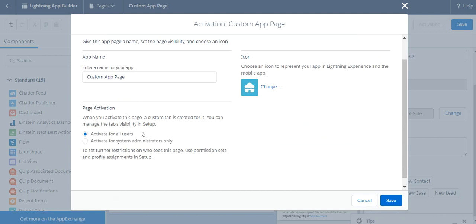If you want to activate for all users, you can select this. If you want to activate only for the system administrator, like if you designed this page only for the system administrator profile, so that the system administrator can check it directly, you can choose this. For now I'm just activating for all users, and click on save.